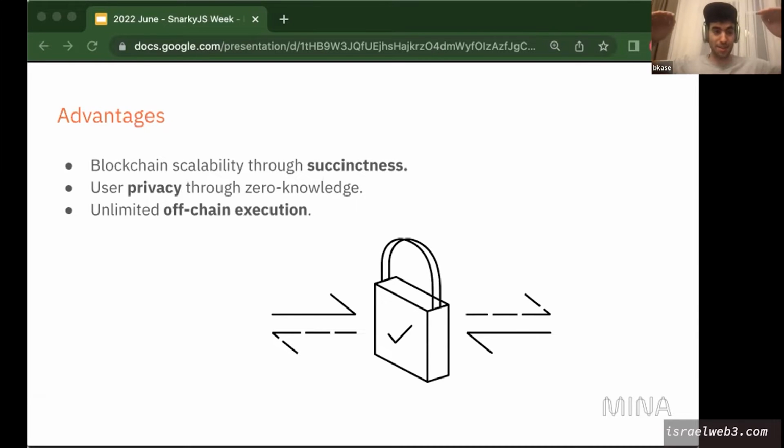There's succinctness at the blockchain level, so we get scalability in Mina through there. And then with smart contracts, we have privacy and this kind of efficiency that comes with off-chain execution, because the smart contracts execute before they get to the network. So it's pretty cool. And I guess one thing I should note,